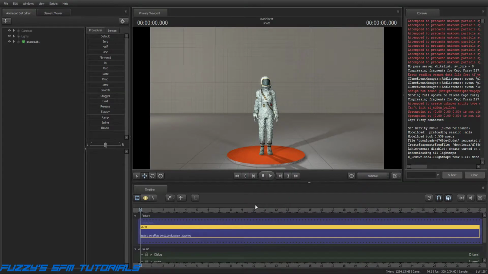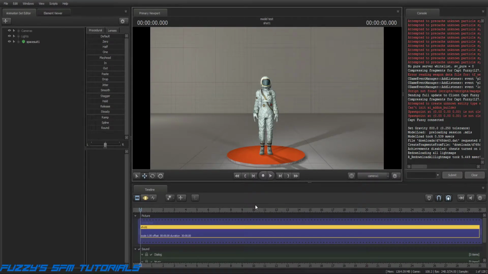I've seen a lot of questions on the Source Filmmaker message boards, especially from new people, asking about how they could improve their posters and how they could improve their lighting. And the most common answer to those questions is 3-point lighting. And usually the reply to that is, well, how do I do 3-point lighting? And the reply to that is usually, look it up. Well, that is good advice,